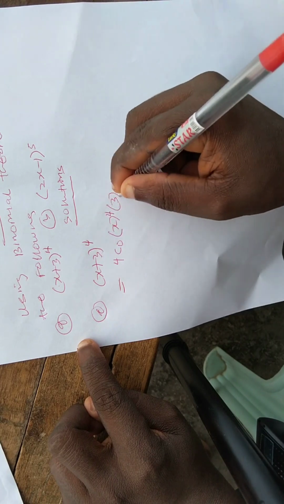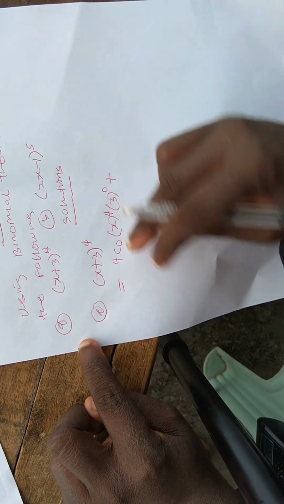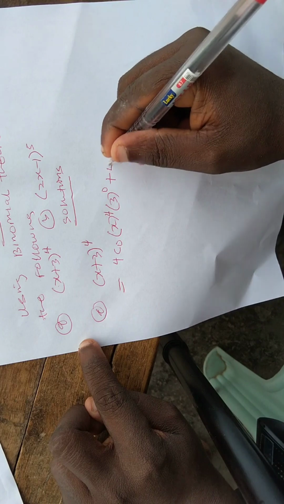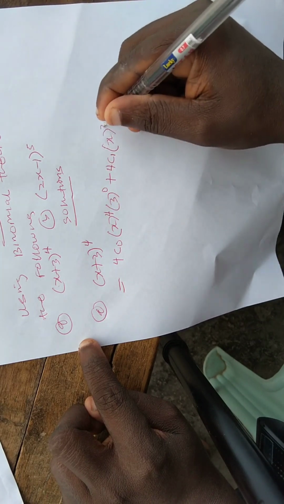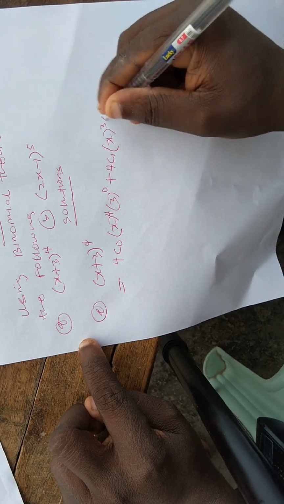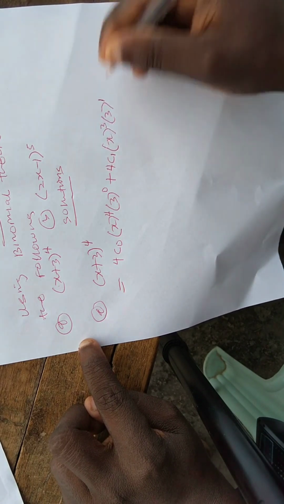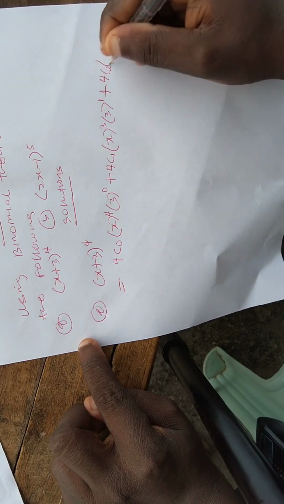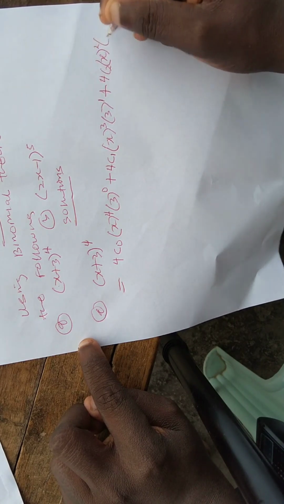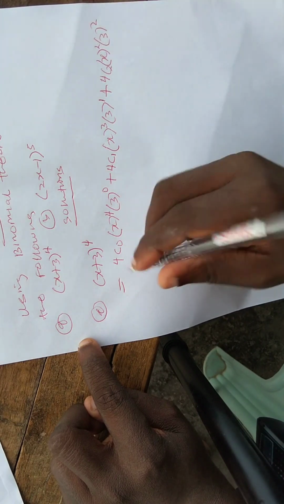Then 3 will be raised to power 0. Plus the combination will be increasing: 4 combination 1, x raised to power 3, 3 raised to power 1. Plus 4 combination 2, x raised to power 2, 3 raised to power 2, plus